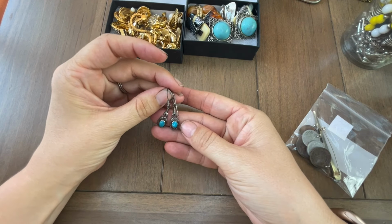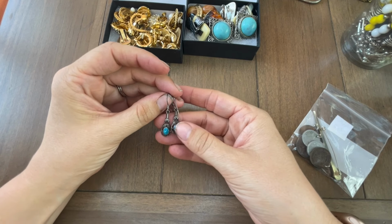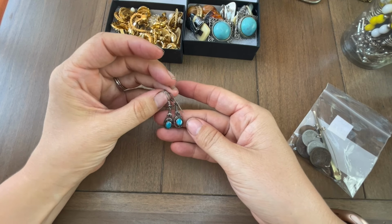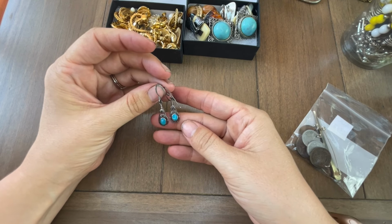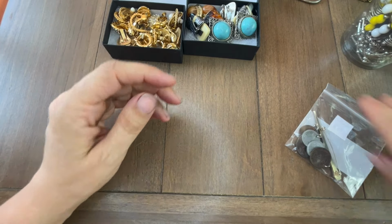Like the Western, like Southwestern, I guess, and then there's the whole coastal, what do you call it? Coastal cowgirl? I don't know what that means exactly, but I feel like this fits that vibe pretty well. All right, so